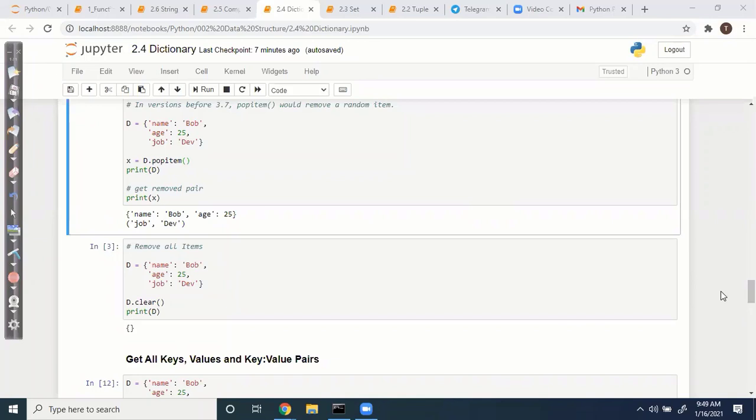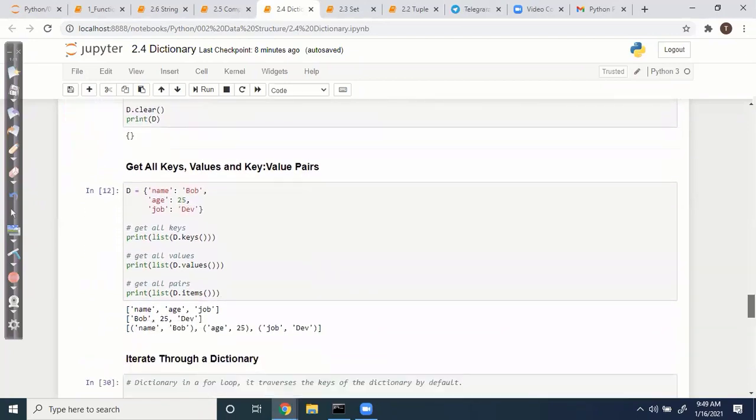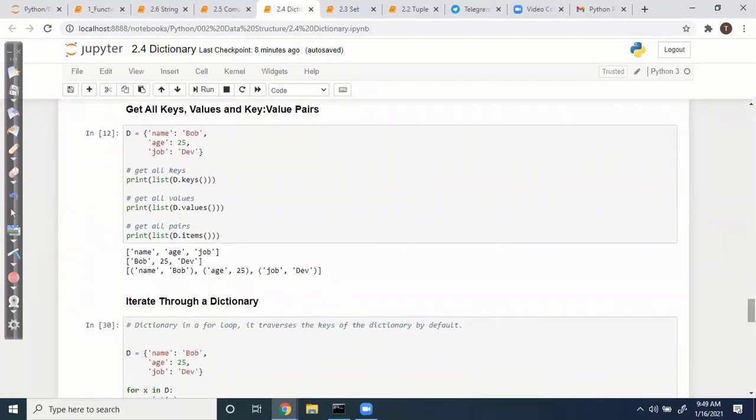Okay, we have seen popitem, del and clear. Clear is removing all items. Because frequently chances are there to use these, go through all the functionalities whatever we are giving in the coding section.